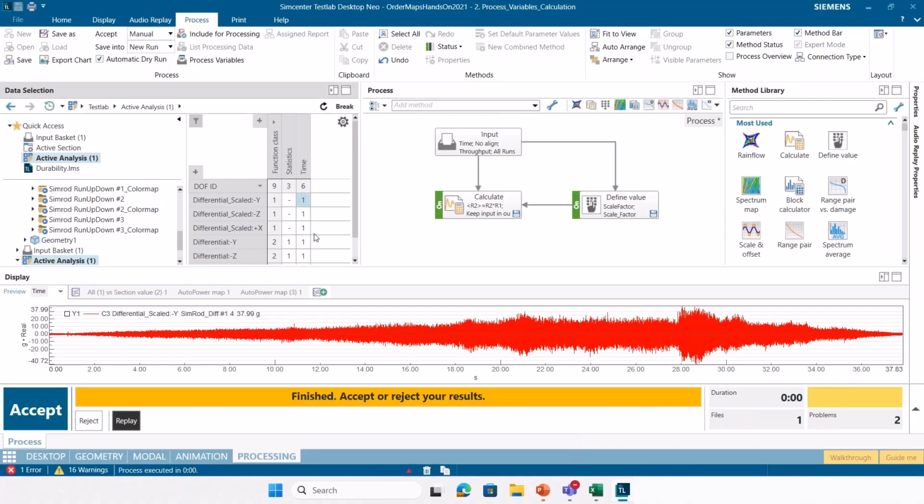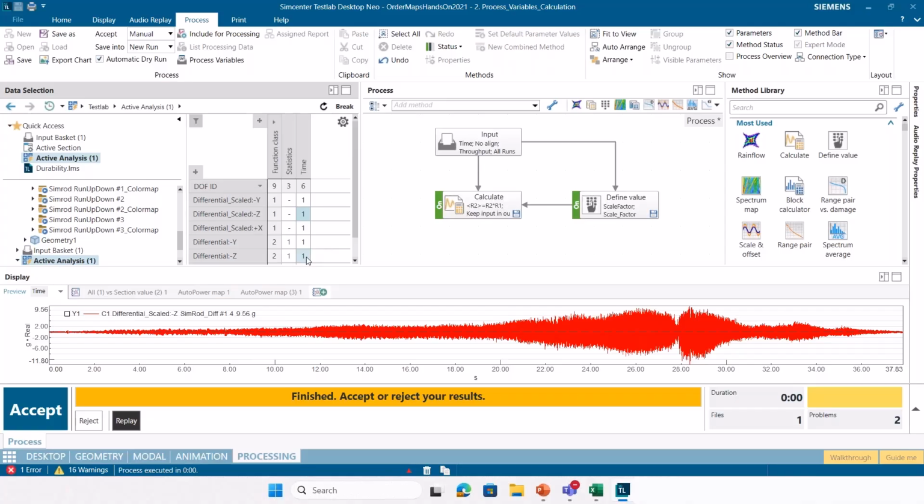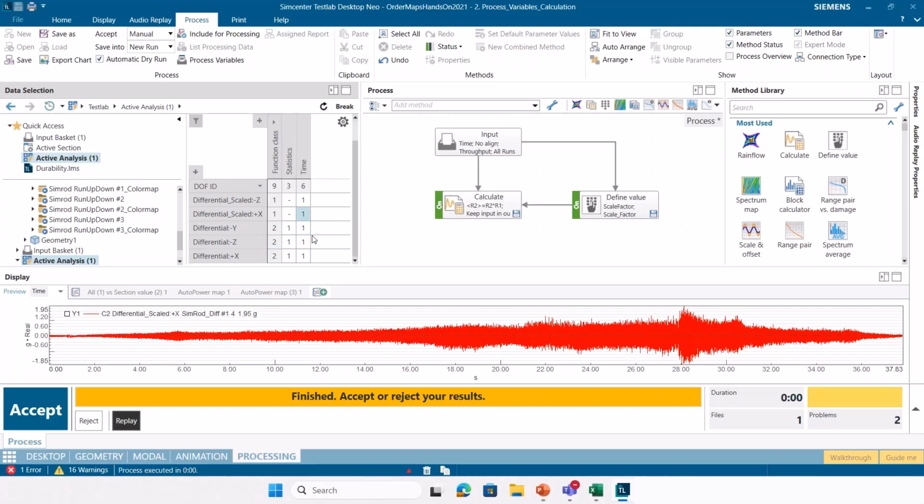And now if I look at my channel in the Y direction, that one should still be scaled by a factor of 10. If I look at my Z direction here, I believe that one was scaled by a factor of 2. And if I look at my X channel, this one should be scaled by a factor of 1/2.